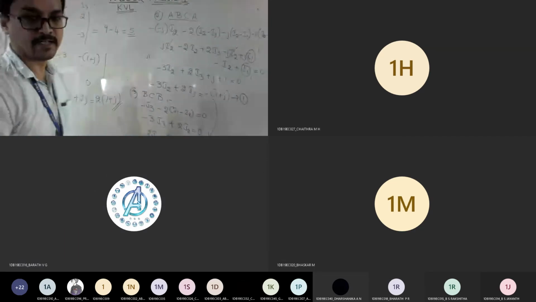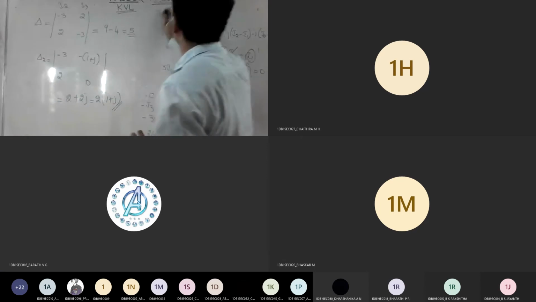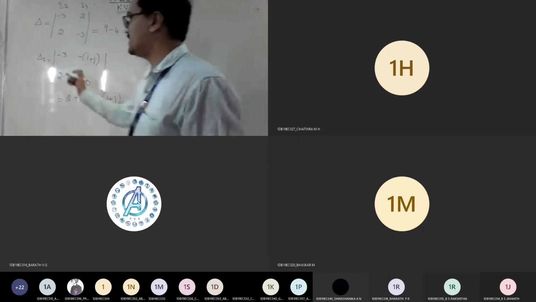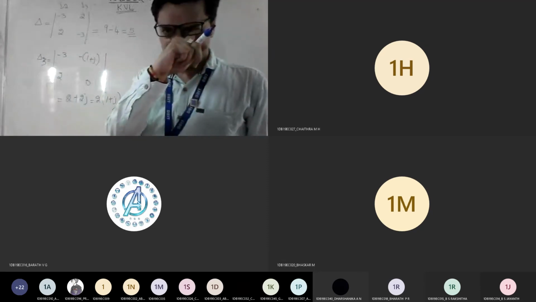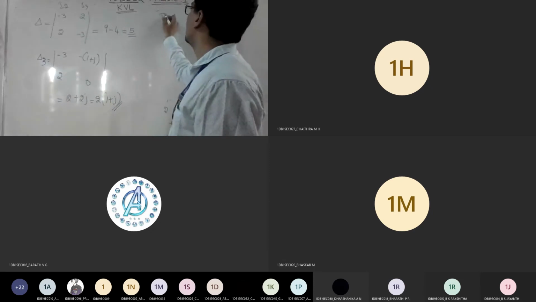Okay. So now what is the ultimate agenda? I need to find my current I3. So what is your I3 equal to now? You can write this as delta 3 also, not a problem. Since you are finding I3, there should not be any confusion. You can go with delta 3. So I need to find I3.